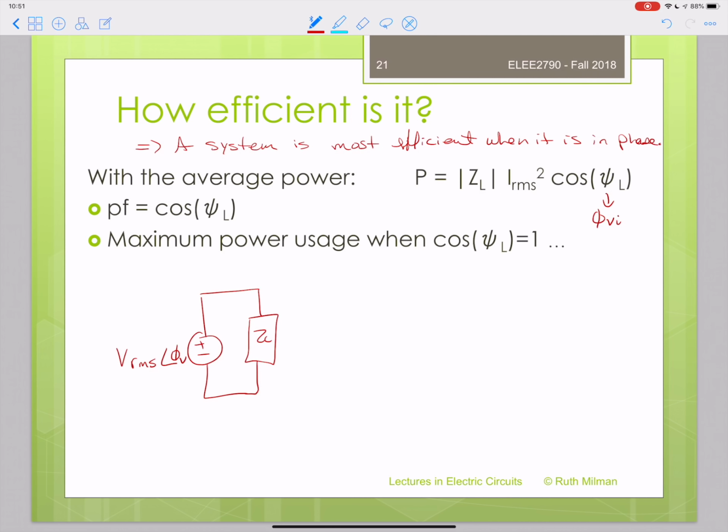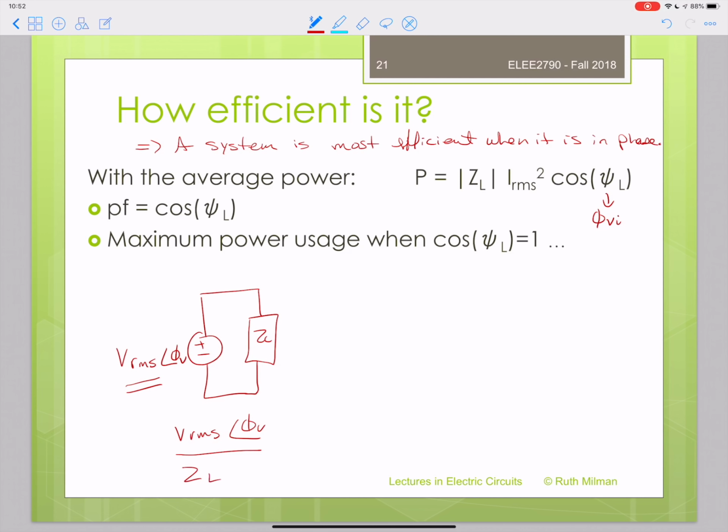And you realize that the current and the voltage, they're dictated directly by the load. The voltage is what you start with, the load is what you need to supply, and the current is drawn by the load. So from the perspective of either the load or the source, you're going to get the same thing. V RMS with an angle of phi V